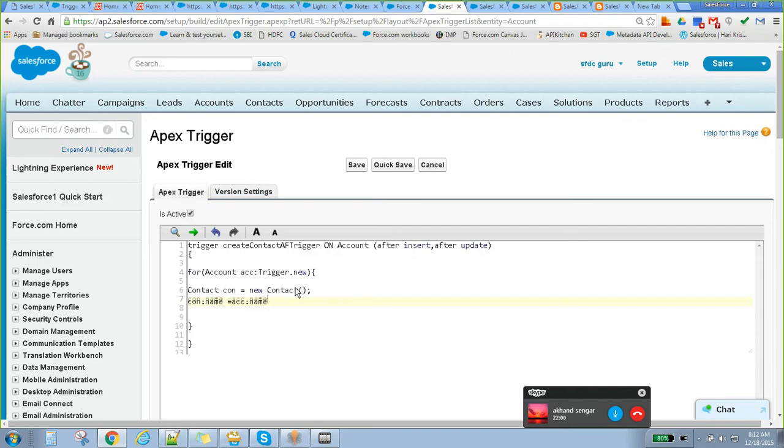So we have to insert it, right? Before trigger and all, there is no need of inserting it up. After trigger, basically we have to use the insert statement, because we are dealing with the other object. To avoid the governor limits being hit, we are putting the records in the list and inserting the list in one shot.